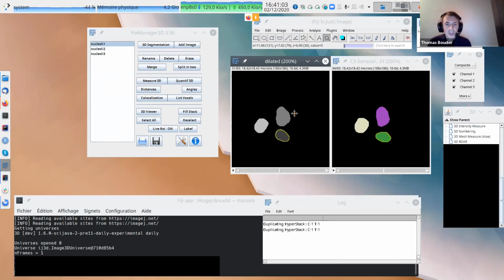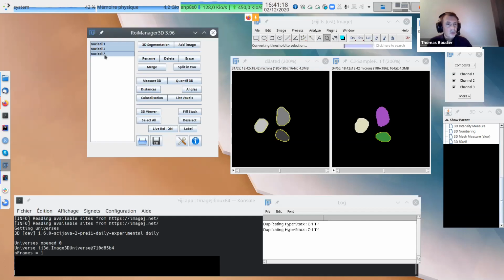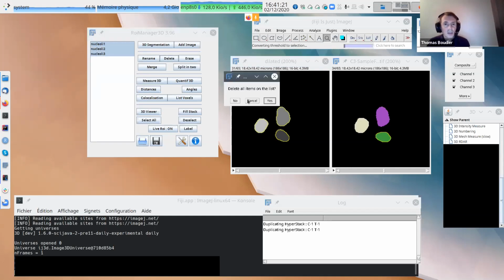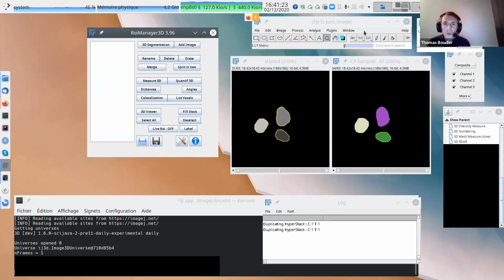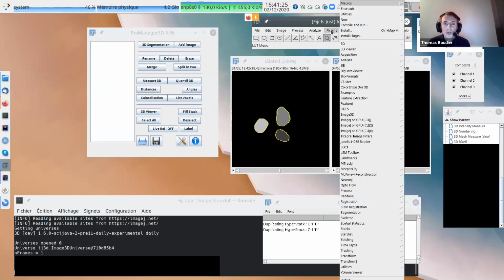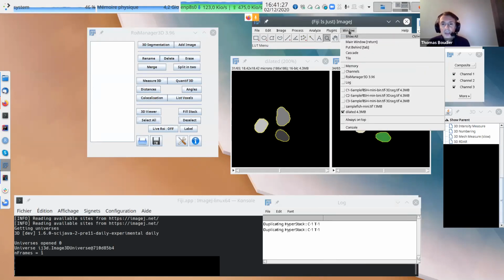Okay, intensity measurement. So now we just want to count the number of spots inside the nucleus, right? So now we can delete this. We want to count the number of spots inside the nucleus.